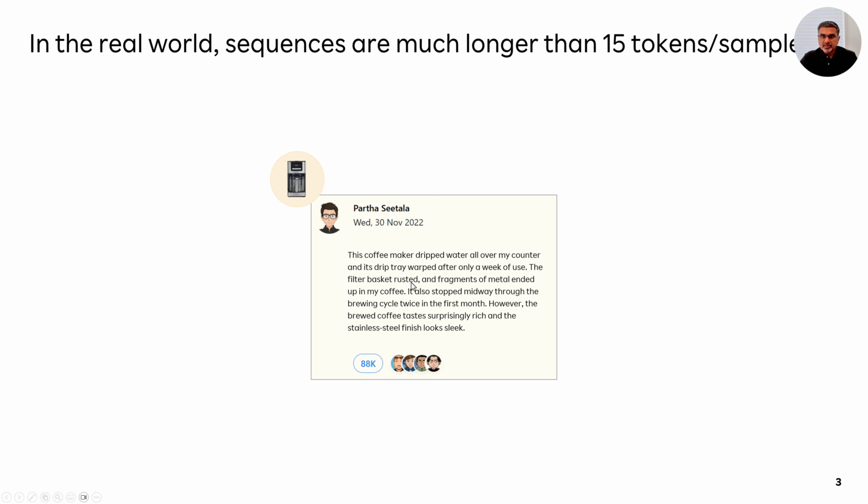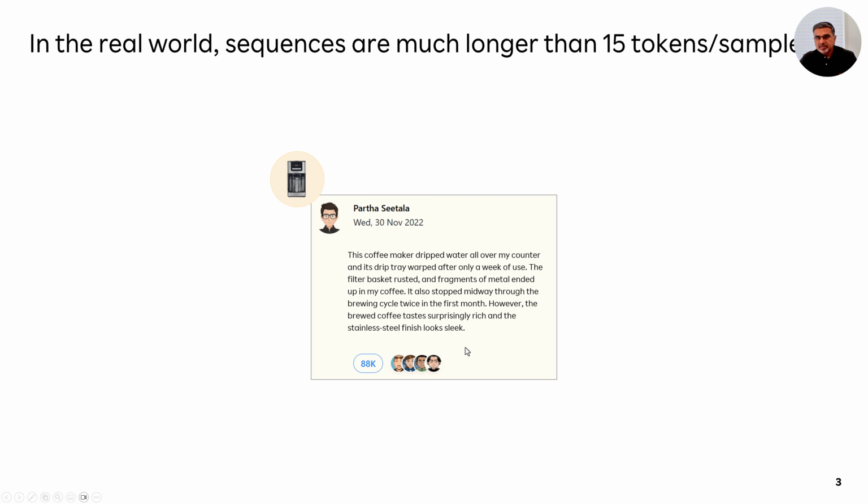The filter basket rusted, and the fragments of metal ended up in my coffee. It also stopped midway through the brewing cycle twice in the first month. However, the brewed coffee tastes surprisingly rich, and the stainless steel finish looks sleek. Now, this review is certainly more than 15 words. I think it is about 60 words or something like that.